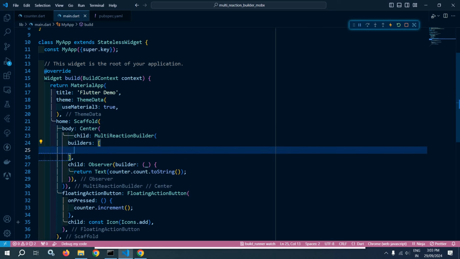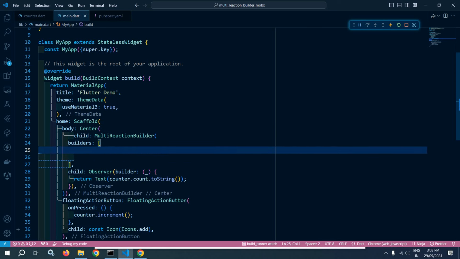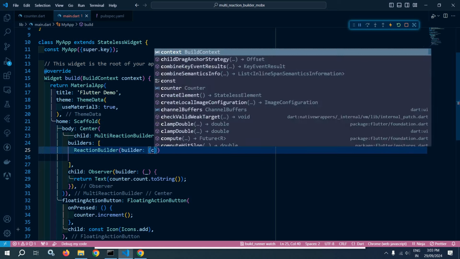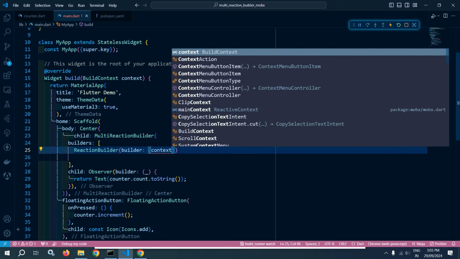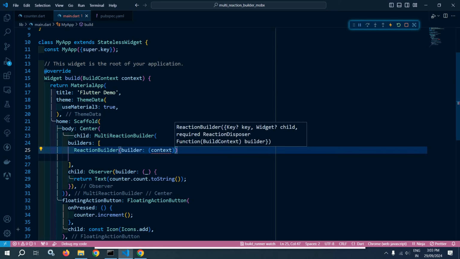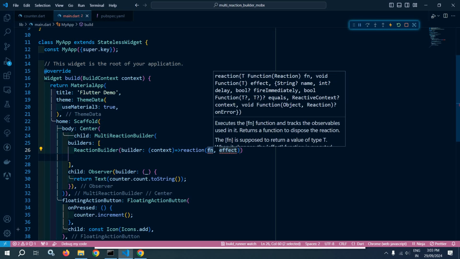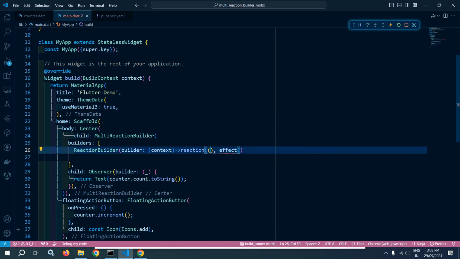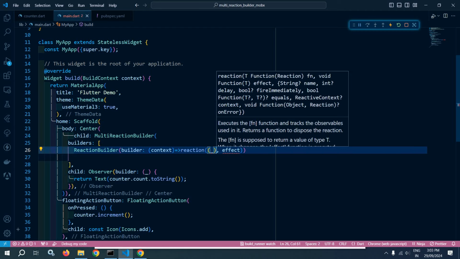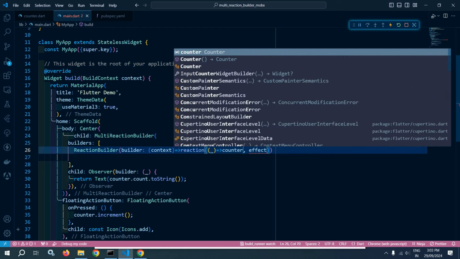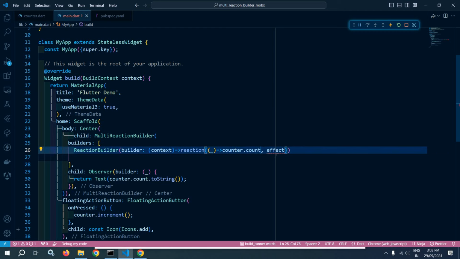Now in the builders, which is a list of reaction builders, first of all I will use reaction builder, and here it will take context. Here I will use reaction, and this one will observe the value of count. So I am passing counter.count, and in this effect which will receive the new count,